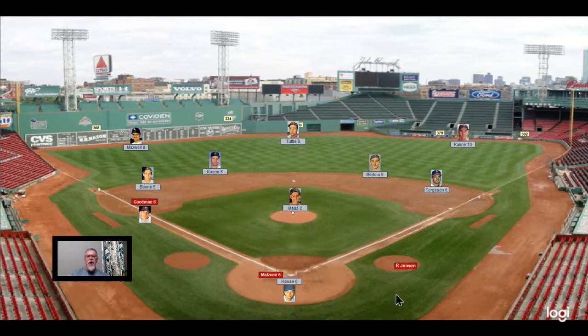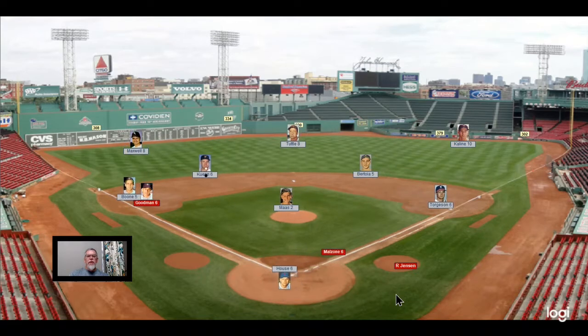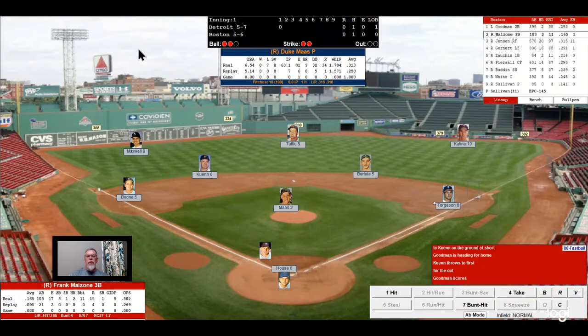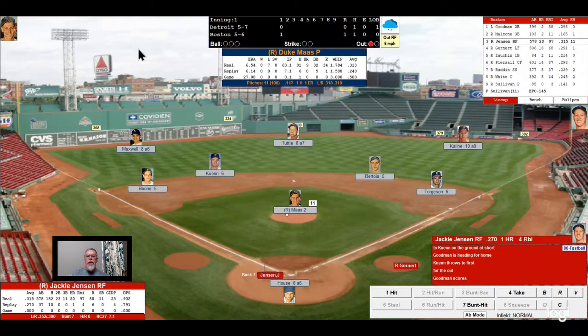And I know you have no idea where Smyre, North Carolina is. Here's the pitch from Maas. Malzone swinging. Hit to Kuhn at short. Send Goodman home? Yes, he's got an 87% chance. Goodman heads home. Kuhn's only play is to first. Torgenson squeezes it for out number one, but Goodman will score, and that is an RBI